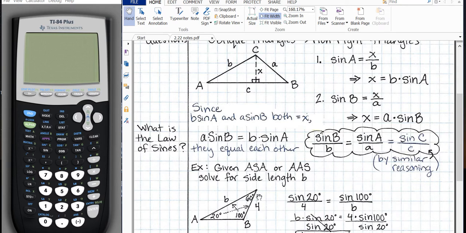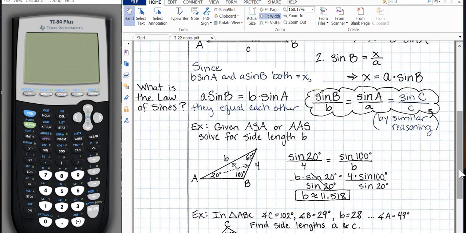We have 3 things that we know and 1 thing that we don't know. So we can make a proportion and solve it. Alright, so we have sine of angle A, which is 20 degrees, over 4, equals sine of 100 degrees over B. Our proportion is set up, and now we just need to